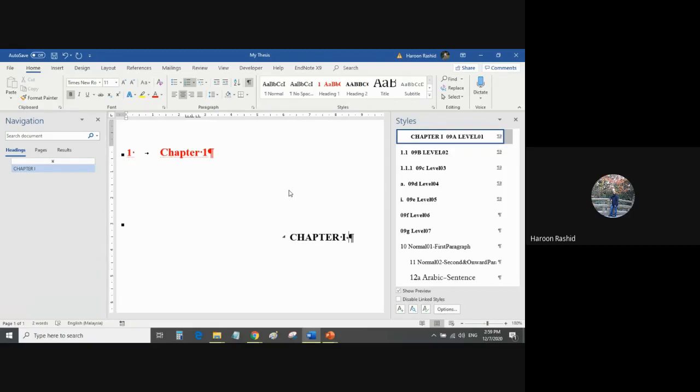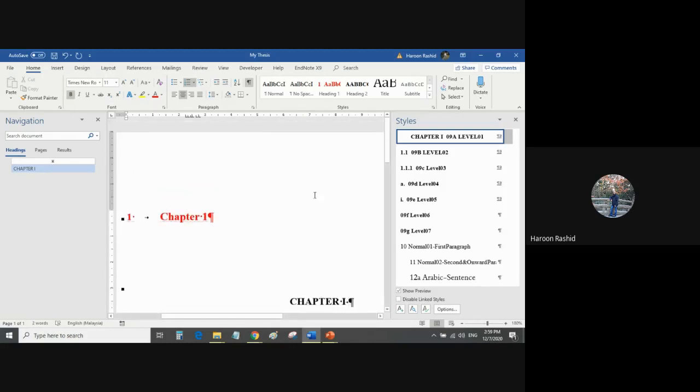Okay, if you remember, I told you that UKM wants the first page of every chapter of your thesis to have a space of 5 cm. This command has basically created that extra gap. You see here? Remember, when we fixed the page setting, we chose 3 cm. So from where did the extra 2 cm come? It came from this command. And also this command is telling Microsoft Word that a new chapter is starting.